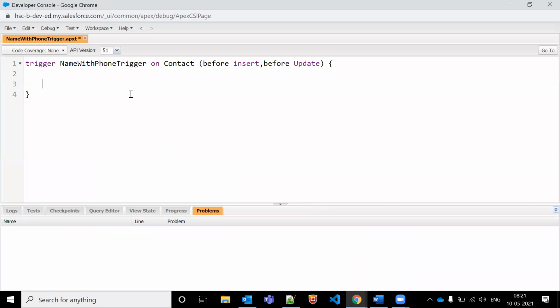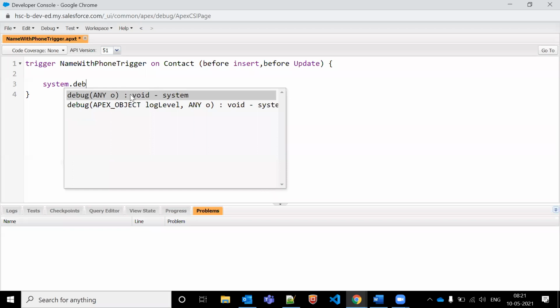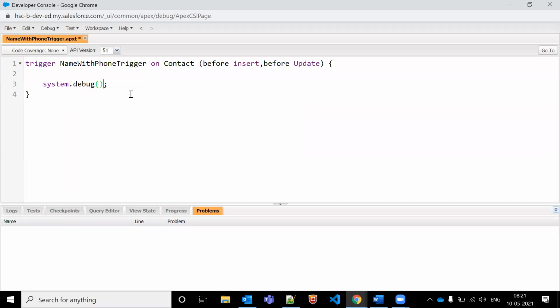How will we get it? Let me show you. System.debug. Here we can put a debug statement: new data plus trigger.new.